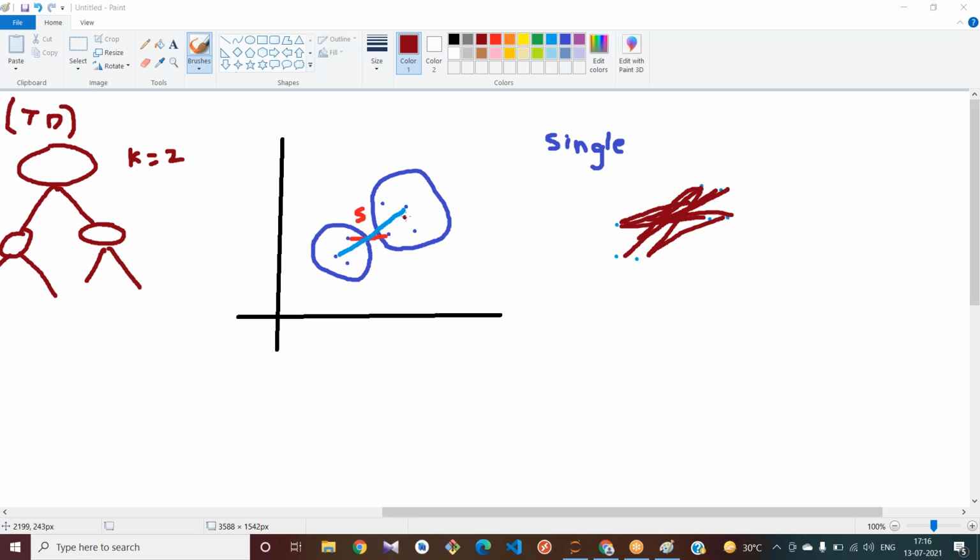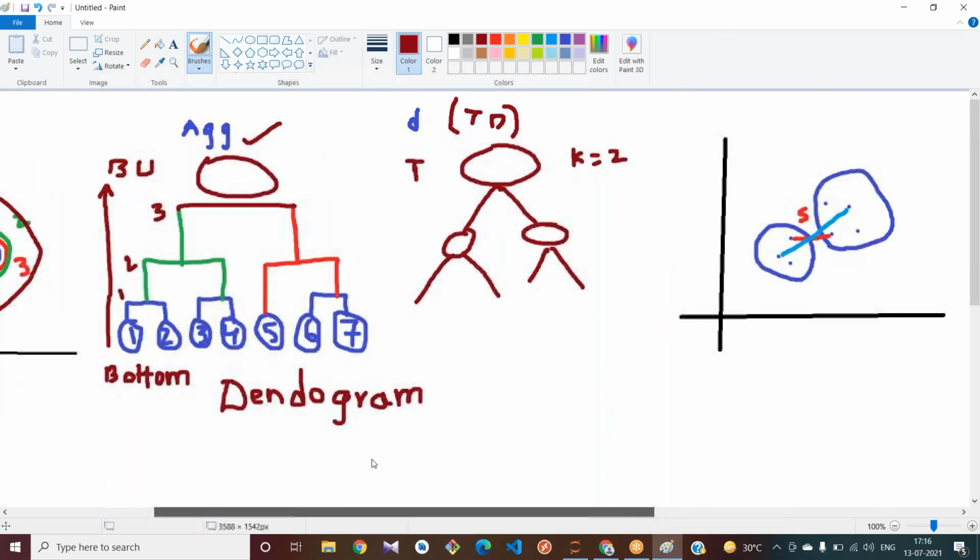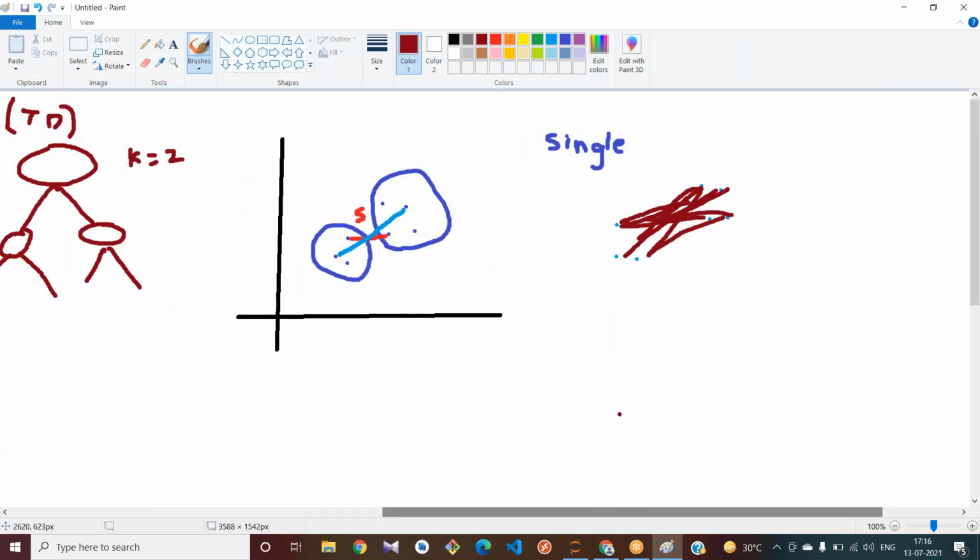It tries to calculate the distance from farther points, selecting the farthest points from the clusters. And in the average linkage, it tries to calculate the average between all the data points between the two clusters and calculate the mean. Based on that distance measure, it tries to cluster your data starting from the bottom.